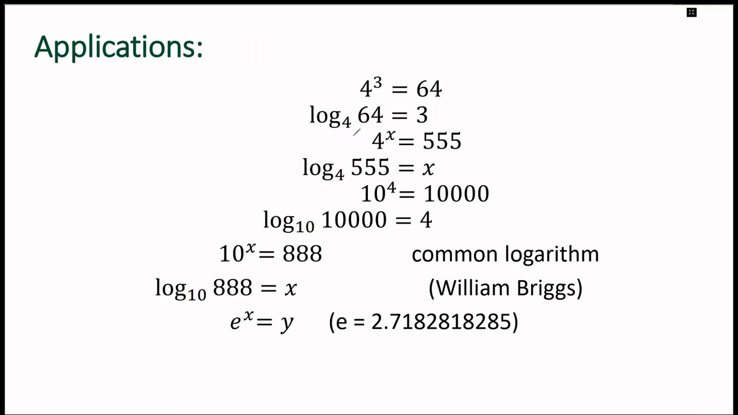So now the applications. 4 to the power of 3 is 64. So that means logarithm of 64 to the base 4 is equal to 3. Another example is 4 to the power of x equals 555. We want to get the value of x. So we convert this: logarithm of 555 to the base 4 is equal to x. So it's the exponent now. Then we get the value of x